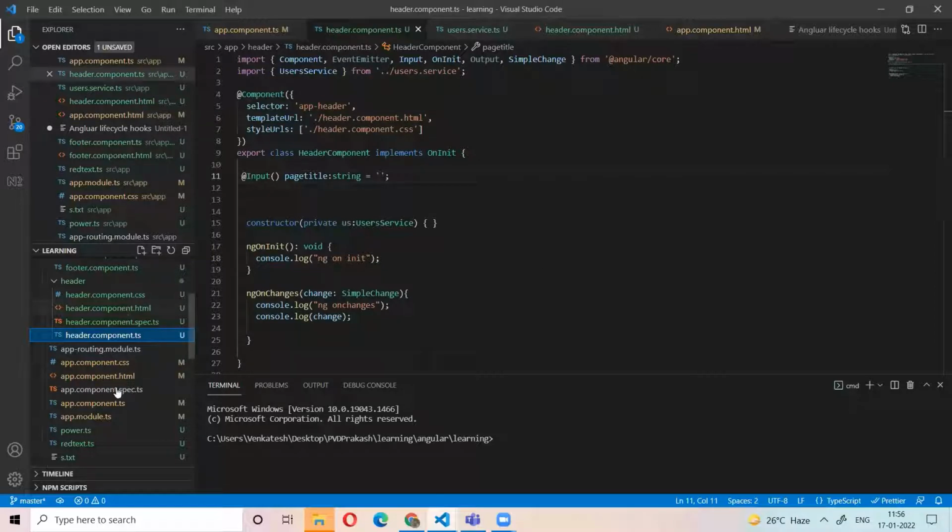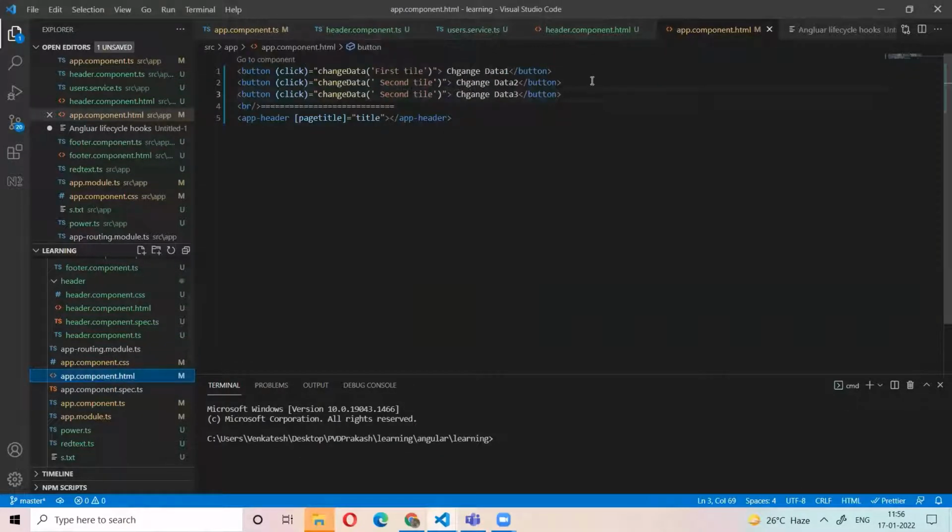Now I have two buttons. First I am passing the first item. When I click this button, ngOnChanges will be called. And if you click the second button, again I'm changing the data, so again ngOnChanges will be called. And the third time I'm passing the same data. So will ngOnChanges be called again or not?